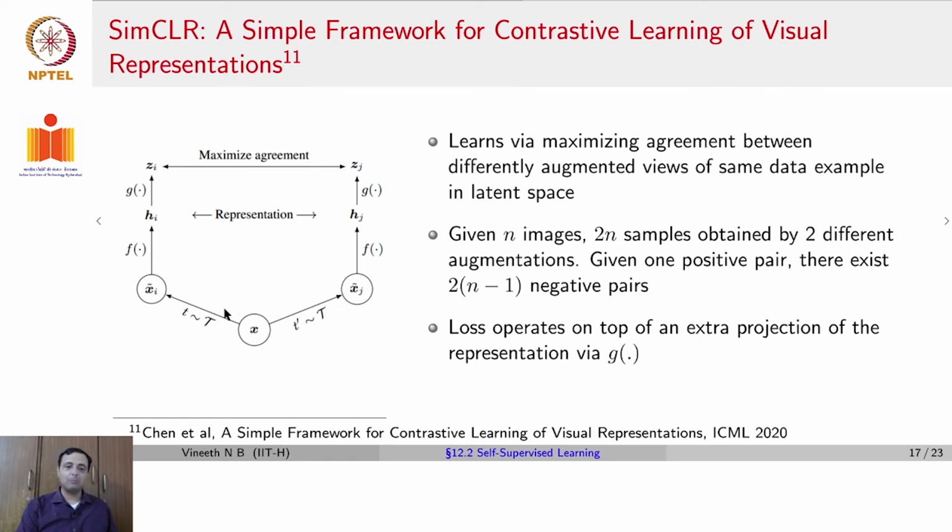Now, given one positive pair, which is, given an image, you give the image itself on one branch and give a rotated version of the image on the second branch, for instance. Then for that one pair, there exist 2 into n minus 1 negative pairs, where the other n minus 1 images are in the same mini batch. So we automatically have similar and dissimilar pairs in each mini batch without changing anything,